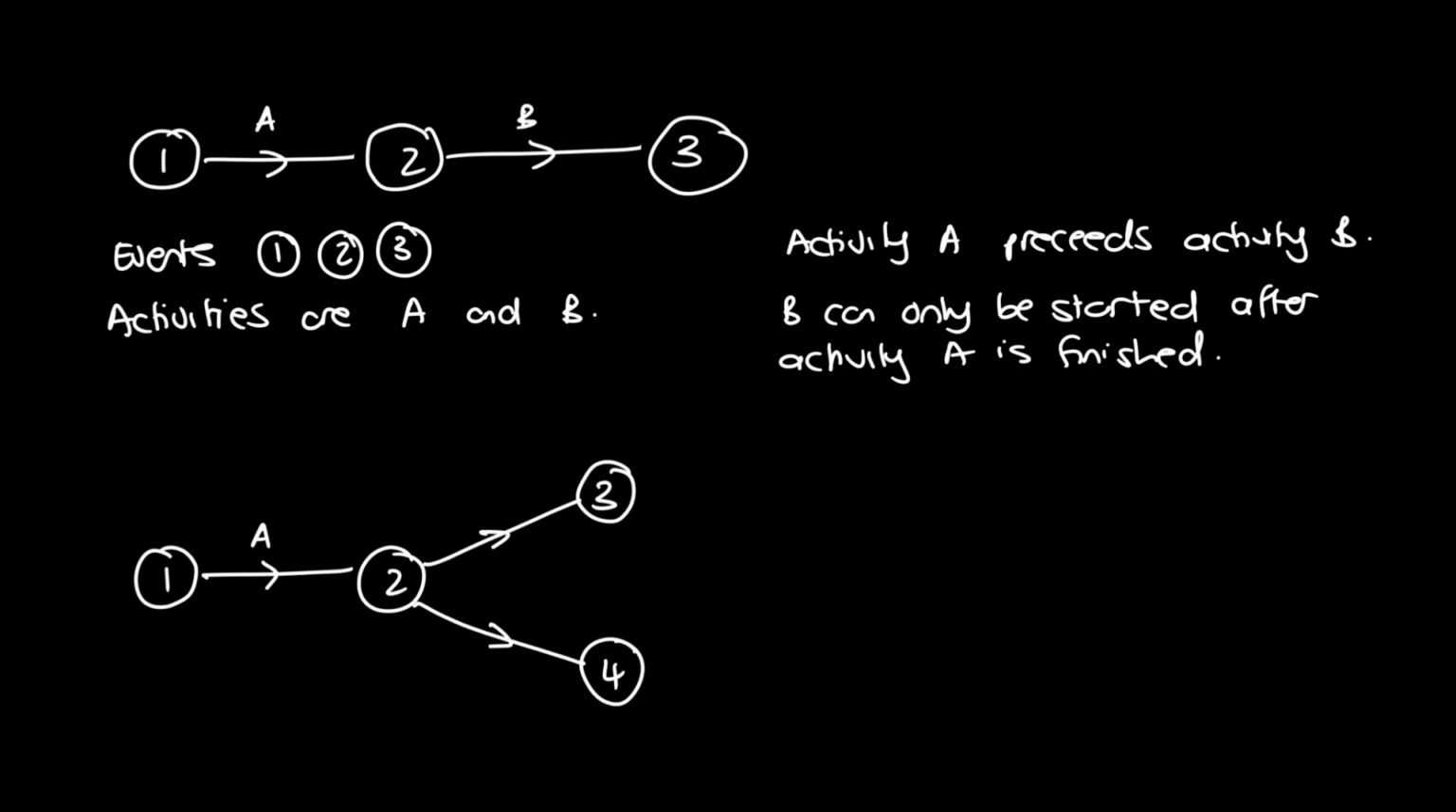So we have events 1, 2, 3, and 4, and the activities are A, B, and C. I'm not going to write that down. I think you get the idea from the previous example, what are events and what are activities. But now what we have to consider is both activity A precedes, and that's really bad handwriting. Let's rewrite that. Precedes